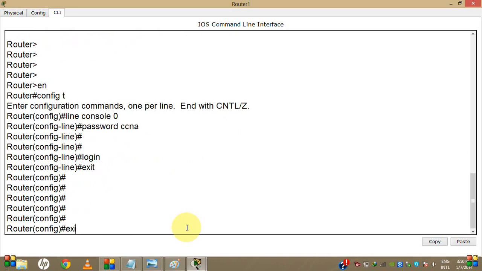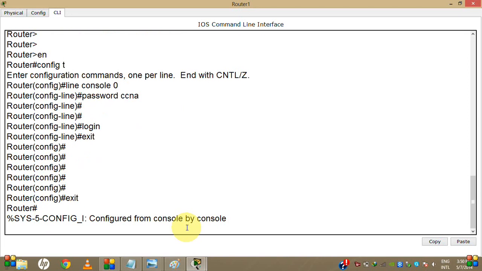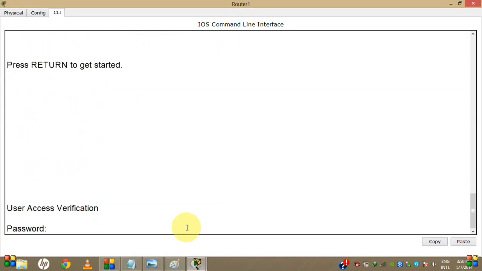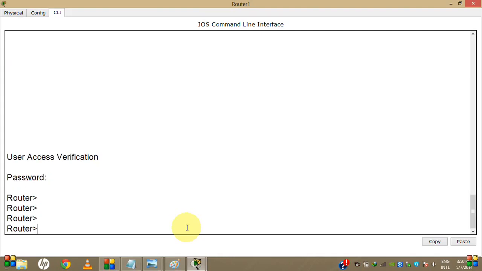So I'll go back by typing exit and again exit. Now you can see that when I connect to the router's console port, it asks me for the password to configure my router. So I have to put the password. I will write CCNA. It does not show the password there, it's hidden. I have to write CCNA, press enter, and I enter my router. Okay,